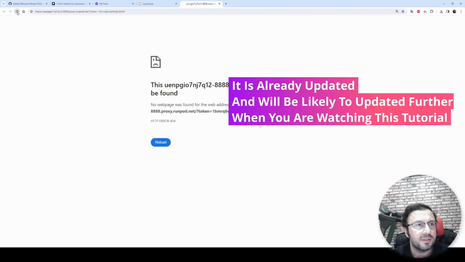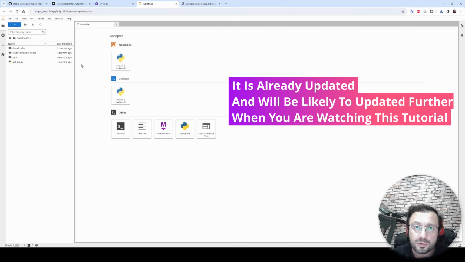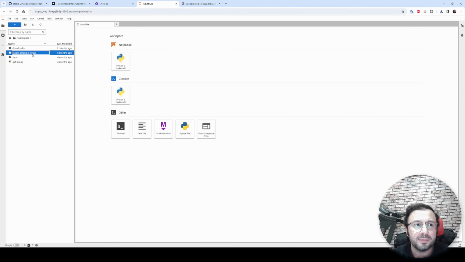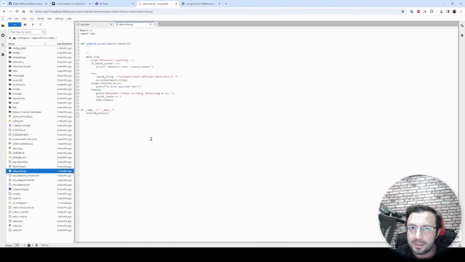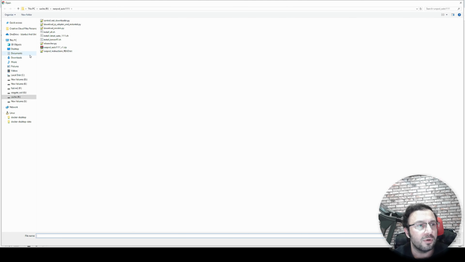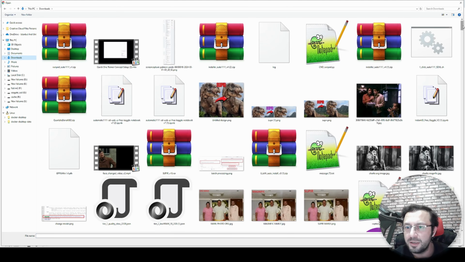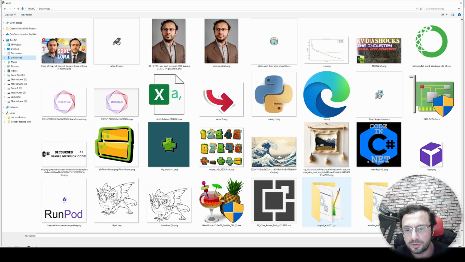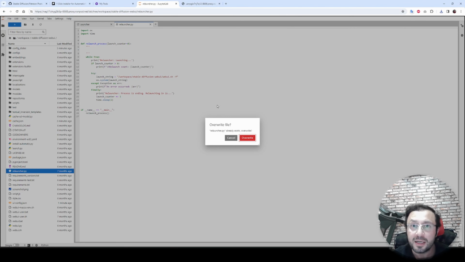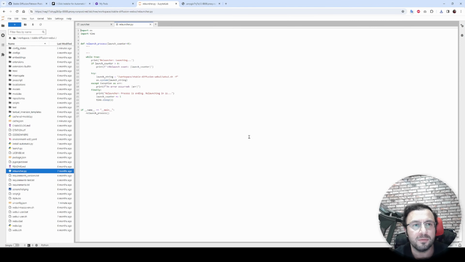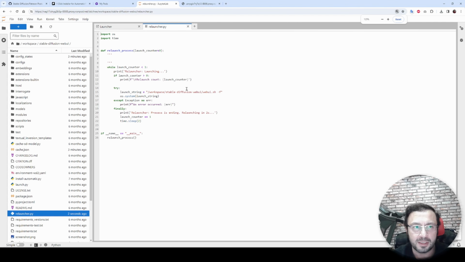So, okay, this still didn't start. Let's start it. First of all, this template permanently restarts the web UI, but we don't want that to happen. So therefore, we will overwrite the relauncher.py file. So let's upload the downloaded relauncher.py file. Okay, I go to the downloads, and I select the relauncher.py file, and it will ask me overwrite. This is super important. Overwrite. After overwrite, if you double click, you will see that it becomes like this.